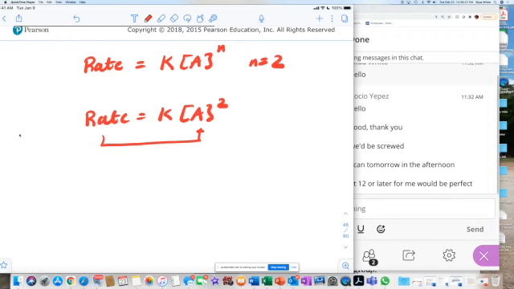The concentration of A is squared to influence the rate. So if that's the case, then doubling A, like we said before, quadruples rate, because whatever number you have in here has to be squared,